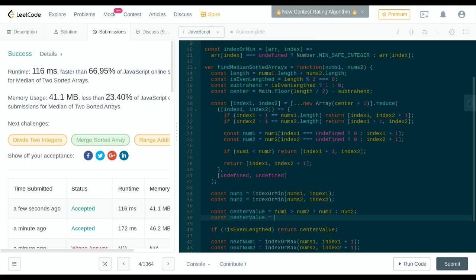So I wonder if we can get really clever and say num1 or num2 or num1. Am I out of my mind right now? So we want to return whichever one's max and whichever one is defined. So if num1 is defined,